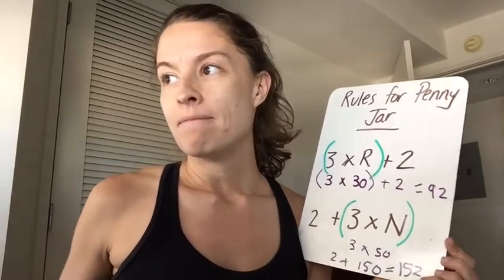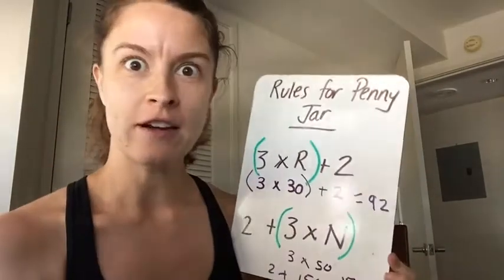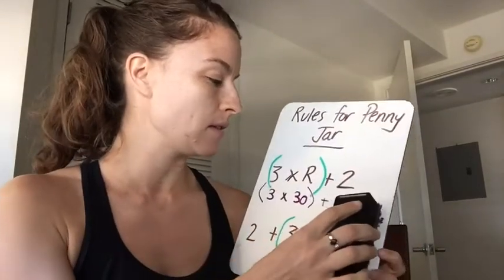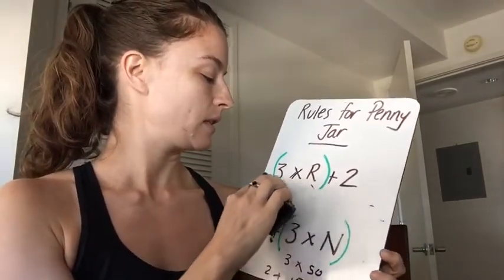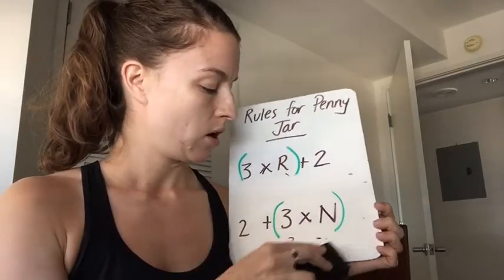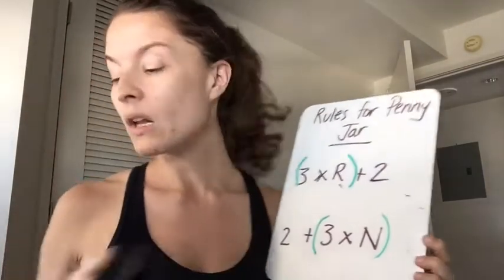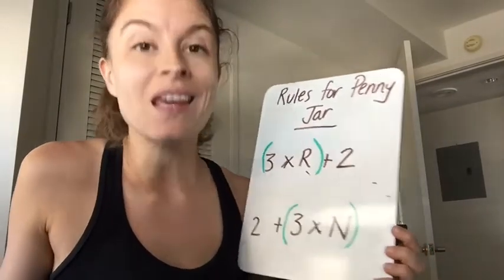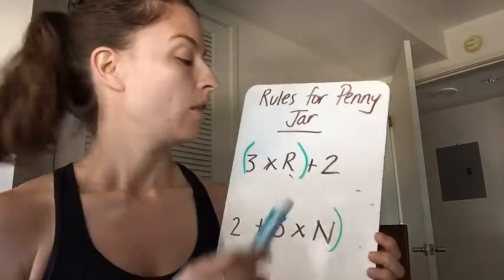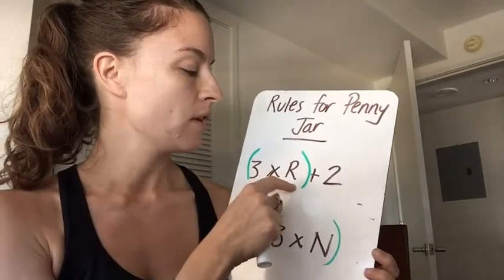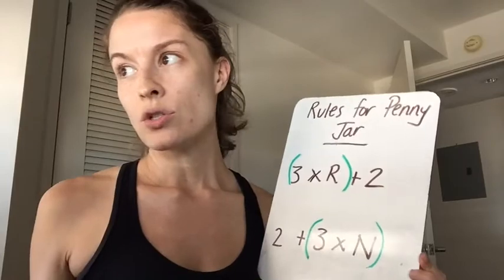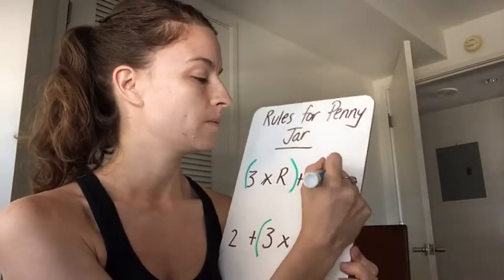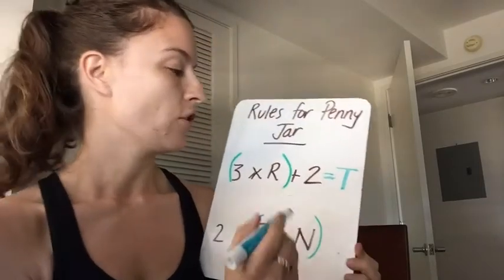Okay, what if we wanted to add another letter in there? Where would that letter go? I'll show you. I'm going to erase my purple right here because I want to stick with these equations to show you where you would have another letter. You can use another letter to show what the answer would be. So there can be the unknown of the round, like which round you're on, and then there can be the final answer. So let's say you wanted to do equals T,